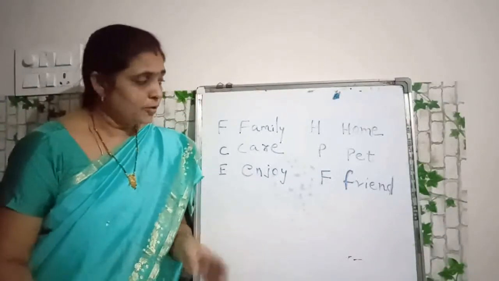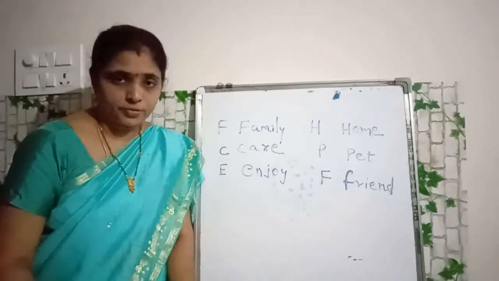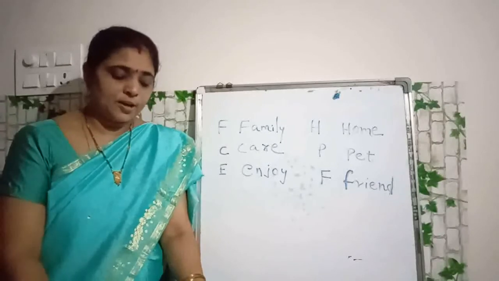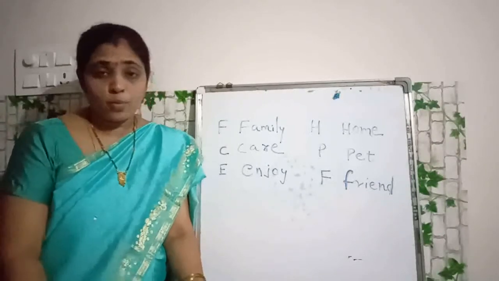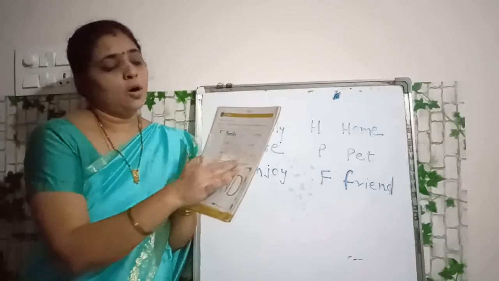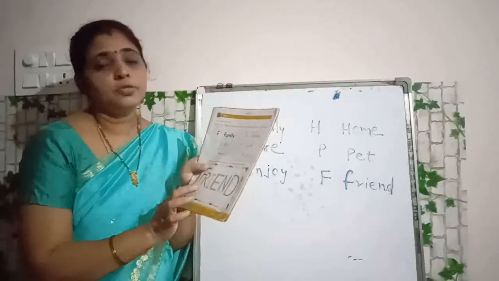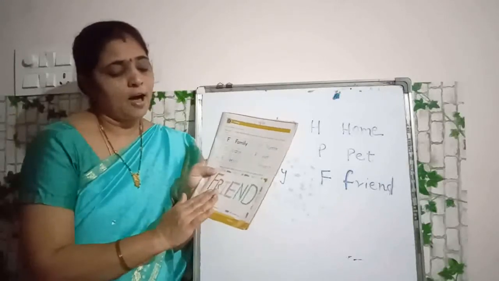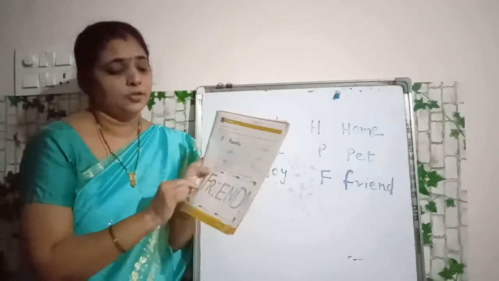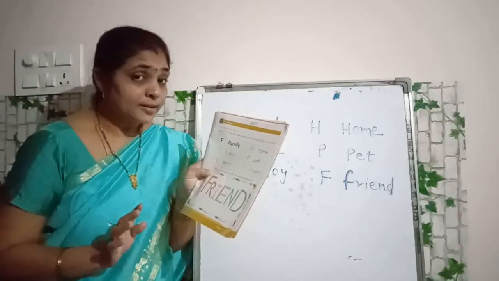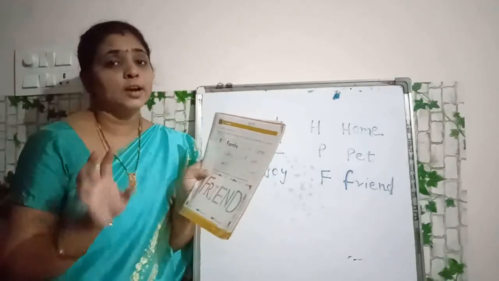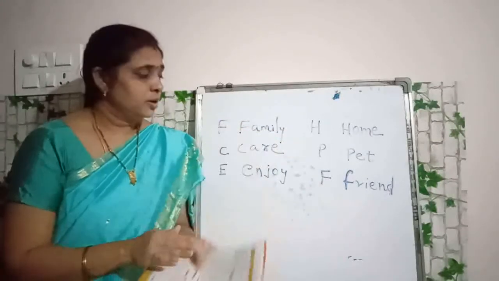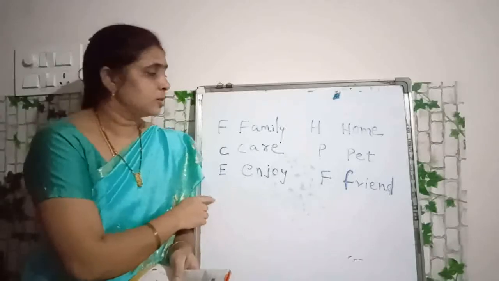Okay, children, now all of you write this down in your workbooks. Today's homework is to draw and color a picture of any one word given above. Of all these, you have to write one of the words here and color it. For example, F-R-I-E-N-D, friend. If you have written it, you have to color the letters however you like. This will be the homework. First, write all this down in your workbook.